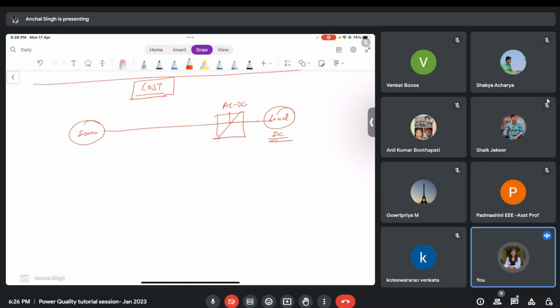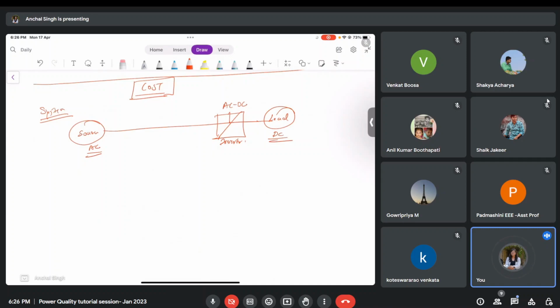And so far, the AC to DC converters that were available in the market, so what I was doing to this, suppose this is my system, right? I was having a source which was AC in nature and the nature of my load was DC, therefore I had to put an inverter.